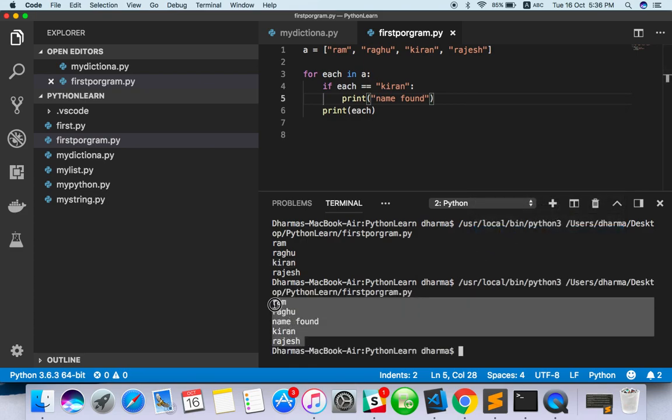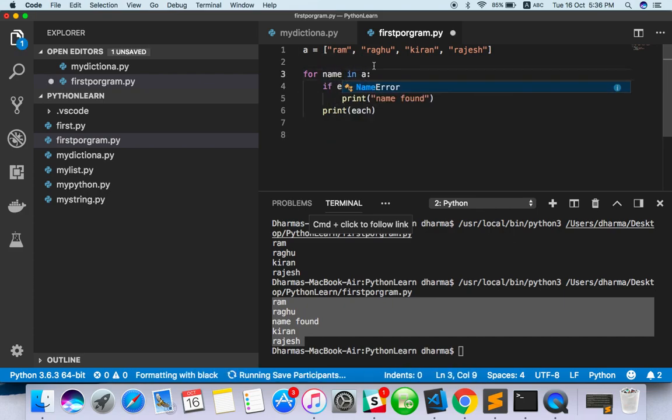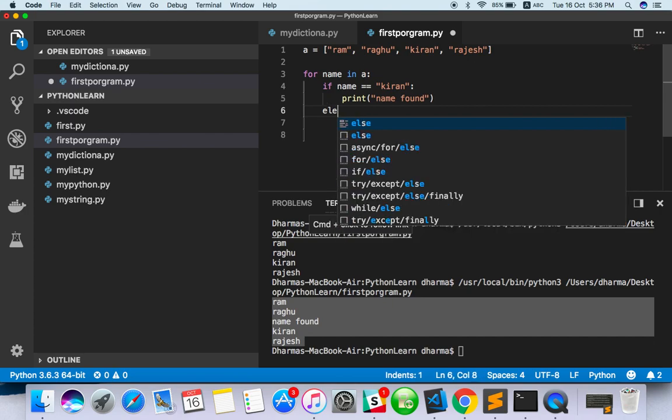What I have done is print one by one in the list, for each in a. For name, if name is equal to Kiran, print name found. If we have printed outside of this loop, the if condition stops here only, so it will print Kiran as well. If you don't want to print Kiran, you have to use else